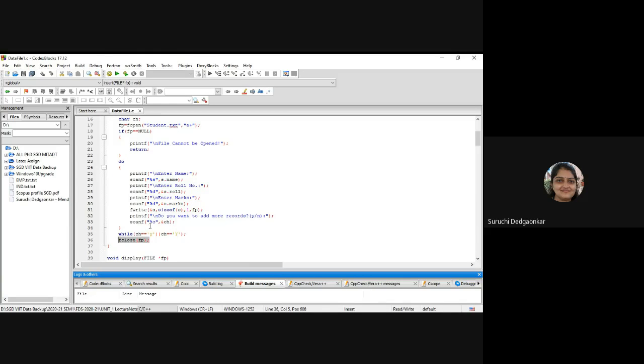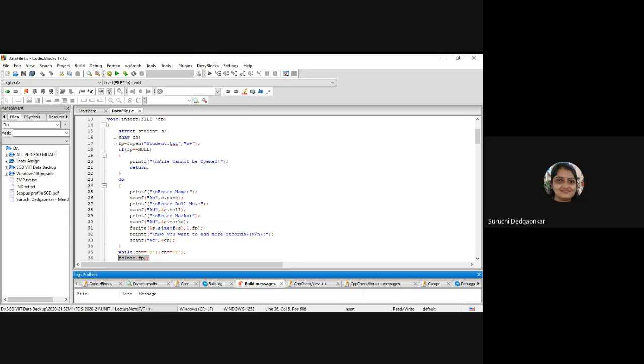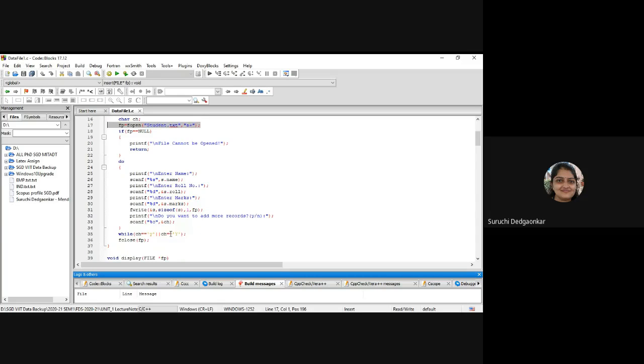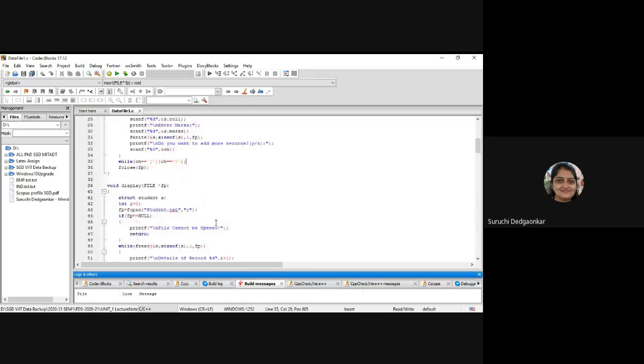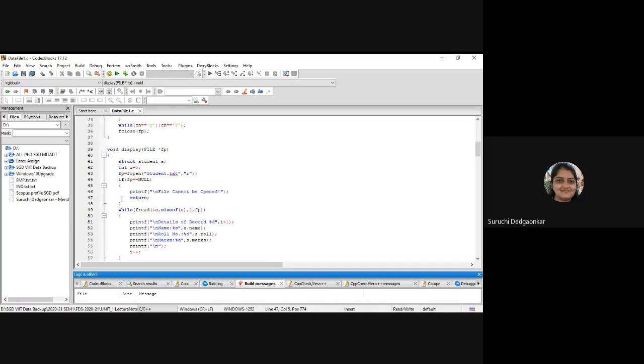So in every function, we are opening the file and closing the file, because the aim of opening the file in every function is different. Here we want to append the data in the file. That's why we need to open the file in append mode. So we are immediately closing that file handle here. The append work is done, so we are closing that file. And in display we want the file to be opened in read mode. That's why again the file pointer is initiated in read mode, and we are again checking whether file opening is done properly or not.